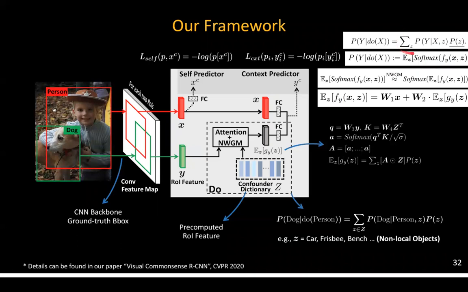And also because the do calculus takes an expectation over all the z, here we also have a z. So here we just use a softmax to represent the conditional distribution. And then having this, we know that this one is the goal we have in the final, maybe here. Okay, and then this paper uses